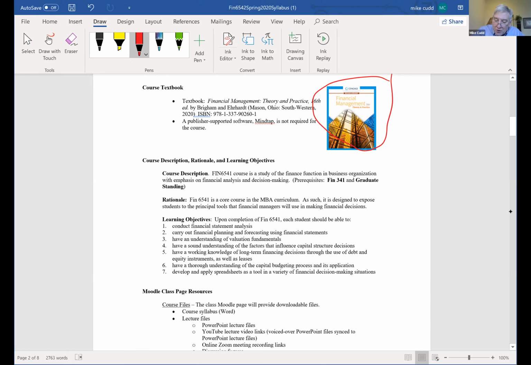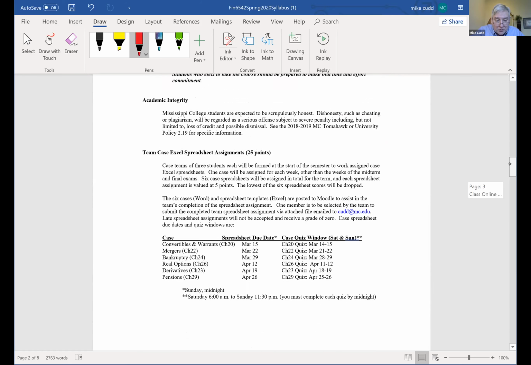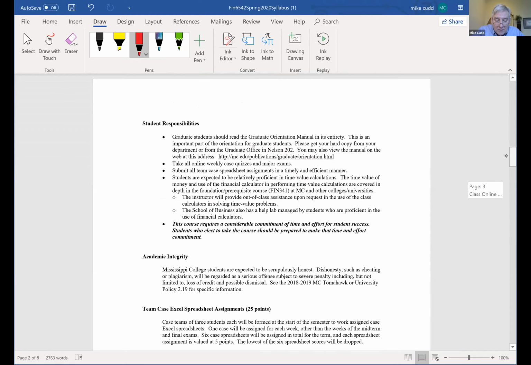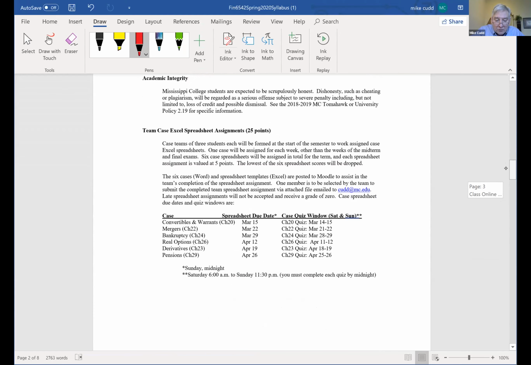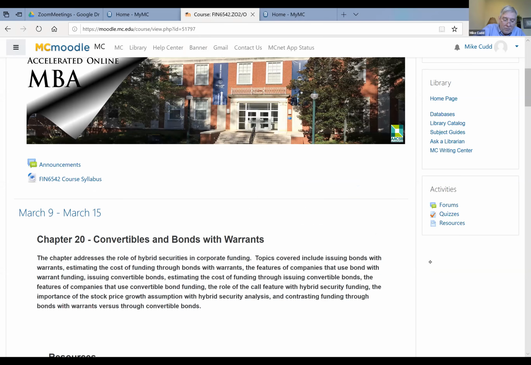The way this works is this. We will cover usually 2 chapters a week. This week we're only covering 1. We're starting off light. If you go to the Moodle page for the course, you'll see that this week